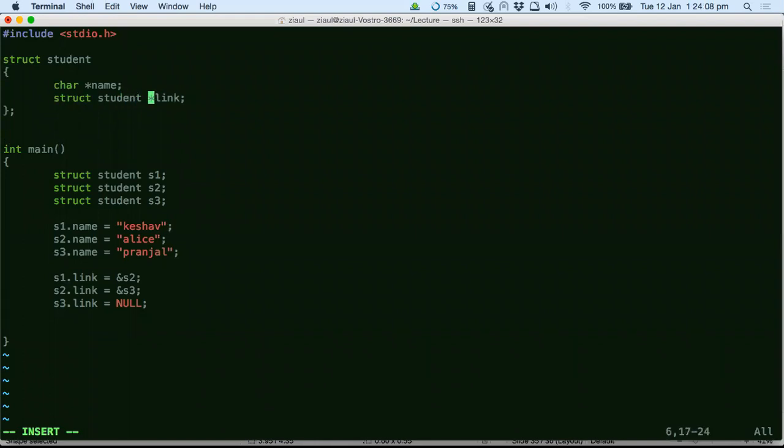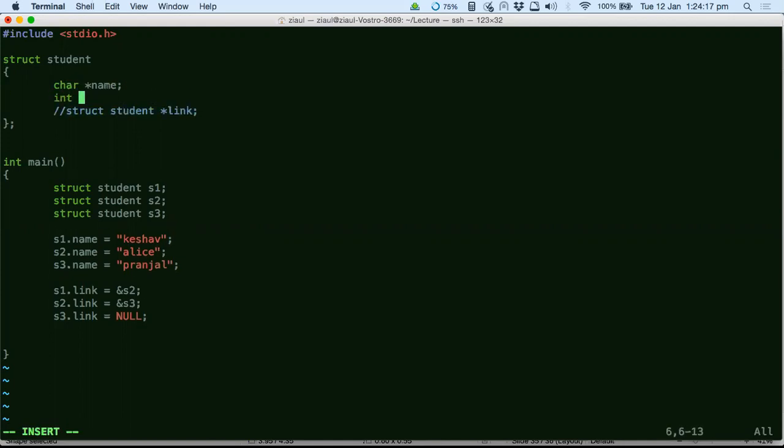Let me put this here. I can just comment here. What does this member variable mean? Tell me. In int *z, what does it mean? It's an integer pointer. Yes. So what does it mean? What can it store? Tell me. It will store integer addresses. It can store an integer address, right?